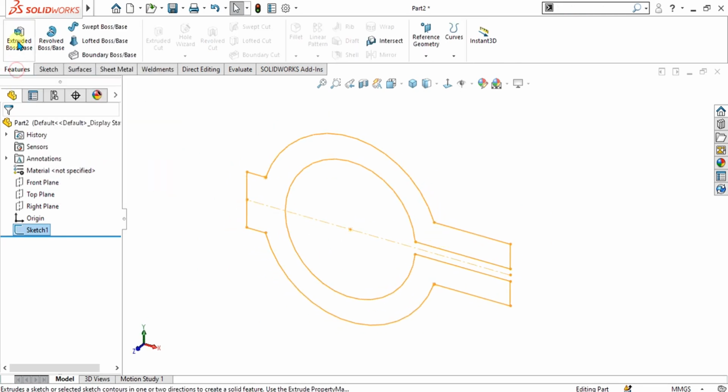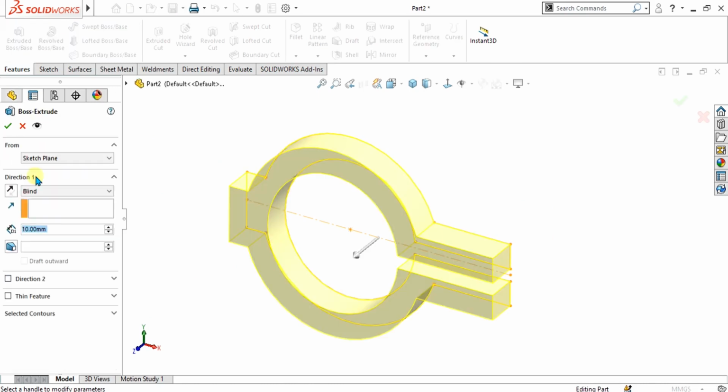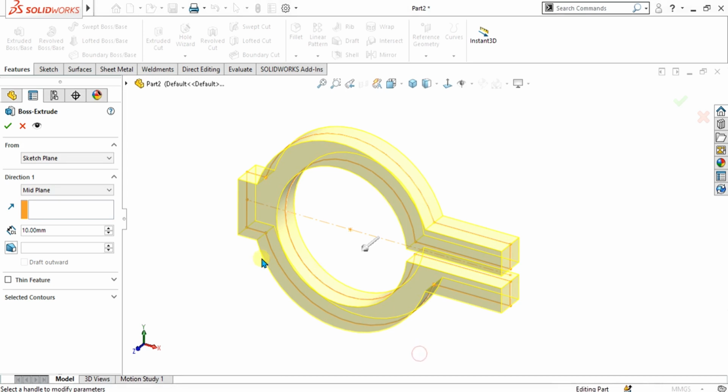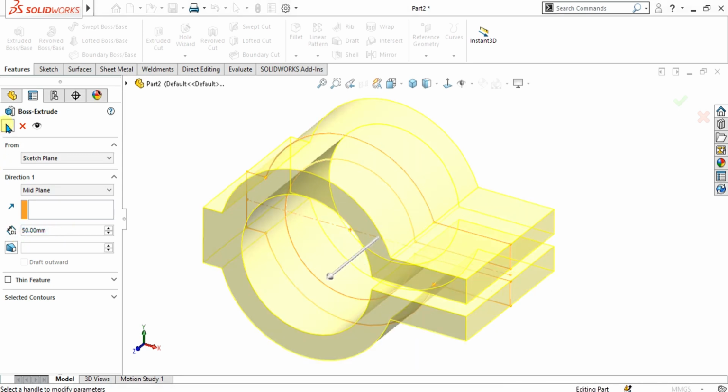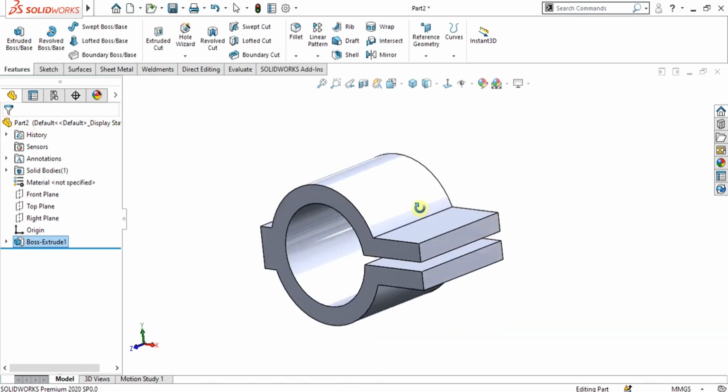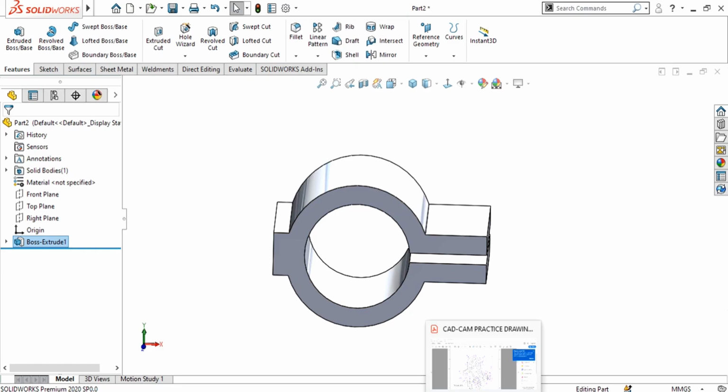So now simply go to the extruded boss base command, select the mid plane from here, and the total width of this part is 50. So just simply select 50 from here and select OK. So now you can see how easily we have made the base part. Now we are going to